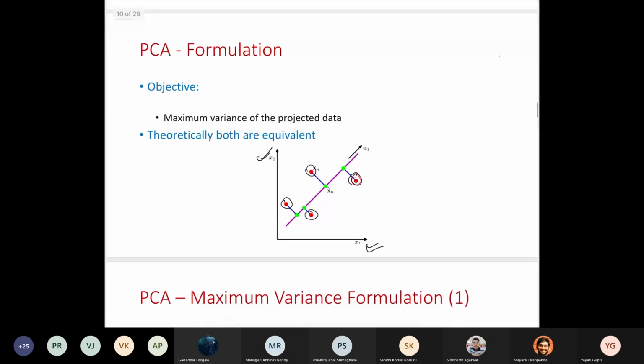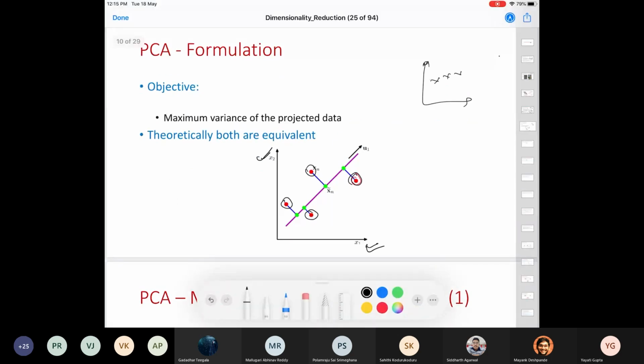Going by this example, I do not really need these two dimensions. I can project my data onto, say, this line and still do the separation correctly. But in this context, this example is not totally relatable. Why? Because this is an unsupervised technique, not a supervised technique. So think of it as if you're given some data points, and we are trying to find a new dimension. Because there are only two dimensions, I want to look at only that one dimension which tries to maximize the variance.